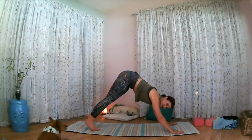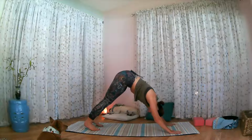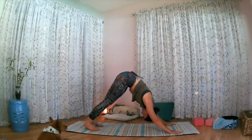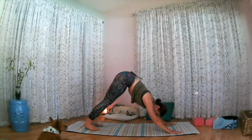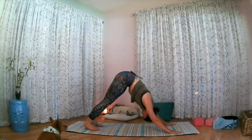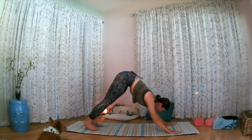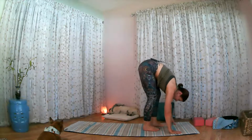Inhale, let's move into downward facing dog. Chin to chest. Look at your toes or look at your thighs. Spread your fingers wide. And you're pushing your heels down to the mat, making a triangle with your body and the mat. Breathing for 2, and 3. Lift your head, look towards your hands, and slowly walk your feet towards your hands till you come